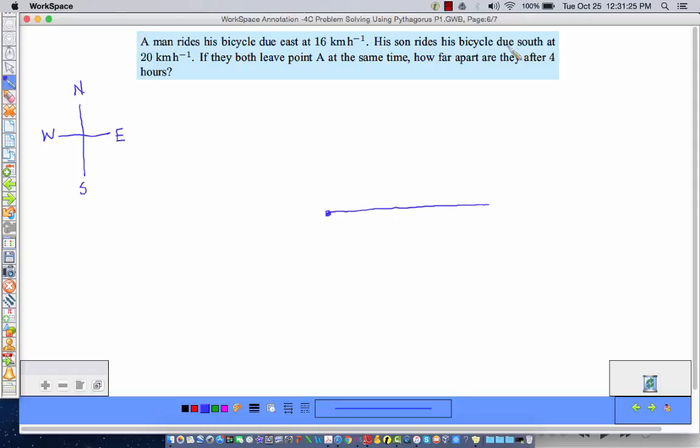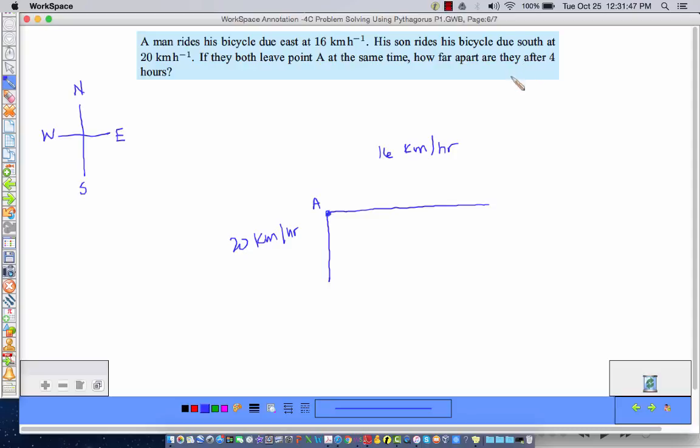His son rides his bicycle due south at 20 kilometers per hour. So this is at 16 kilometers per hour, and this is at 20 kilometers per hour. If they both leave point A at the same time, so this is point A, how far apart are they